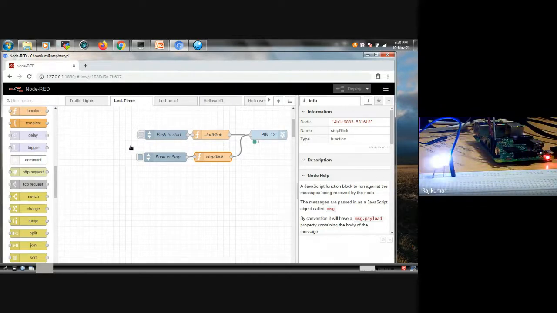This is the same program which I showed you in the previous terminal, the blinking program. Every 1 second, the LED will be on and off for a particular time, maybe one second like that.